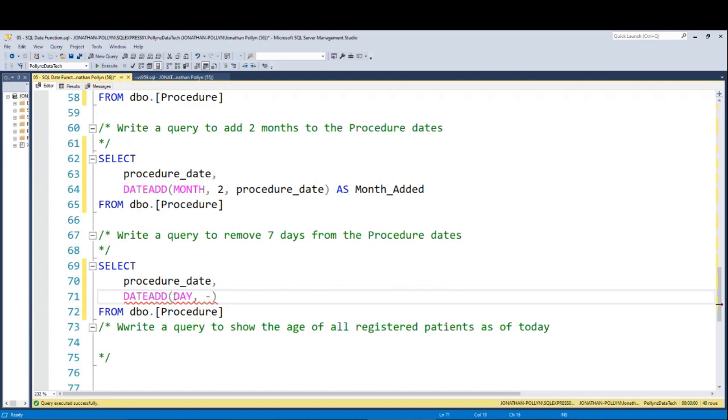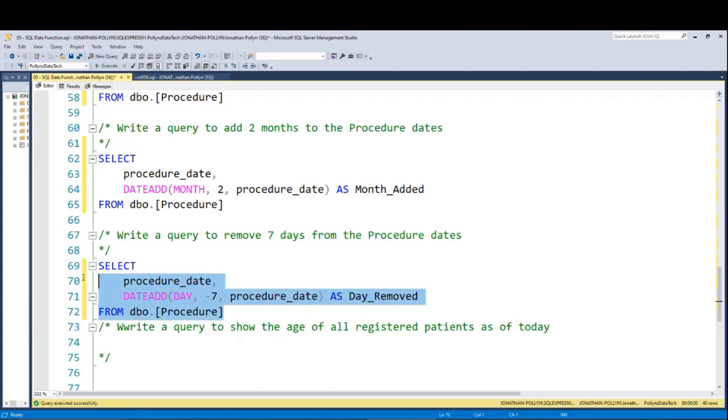They want me to remove 7 days, so I put -7, comma, and next the date that I am looking for, which is the procedure date. And with that, I can call this one day_removed. And if I run this,